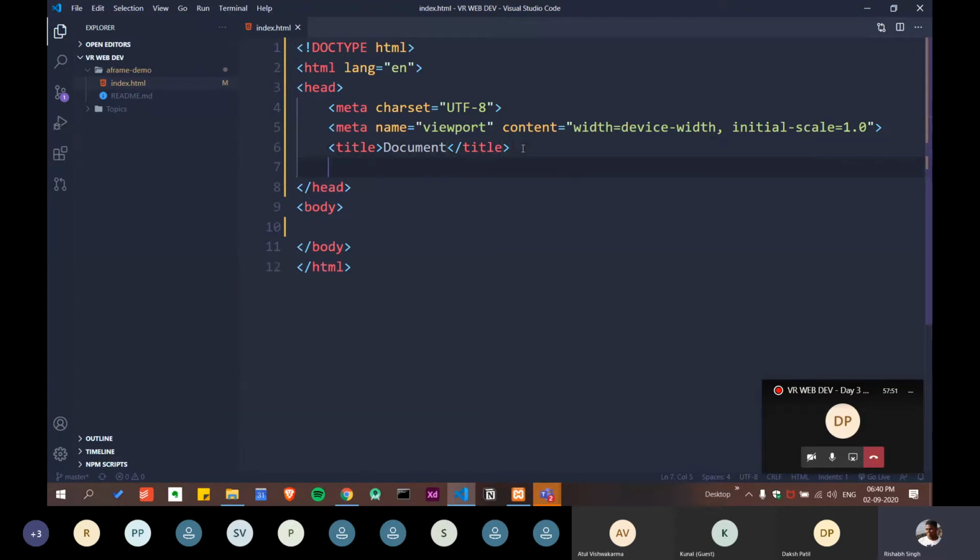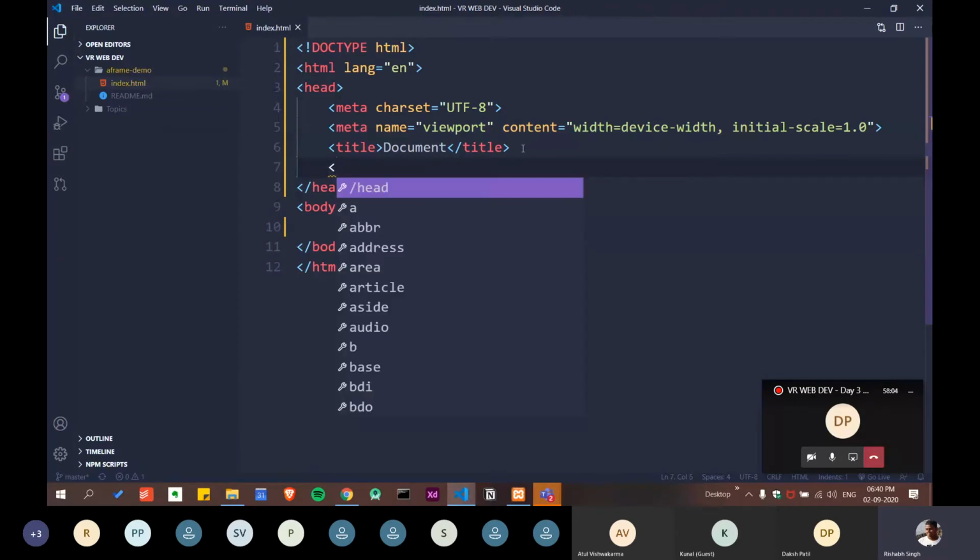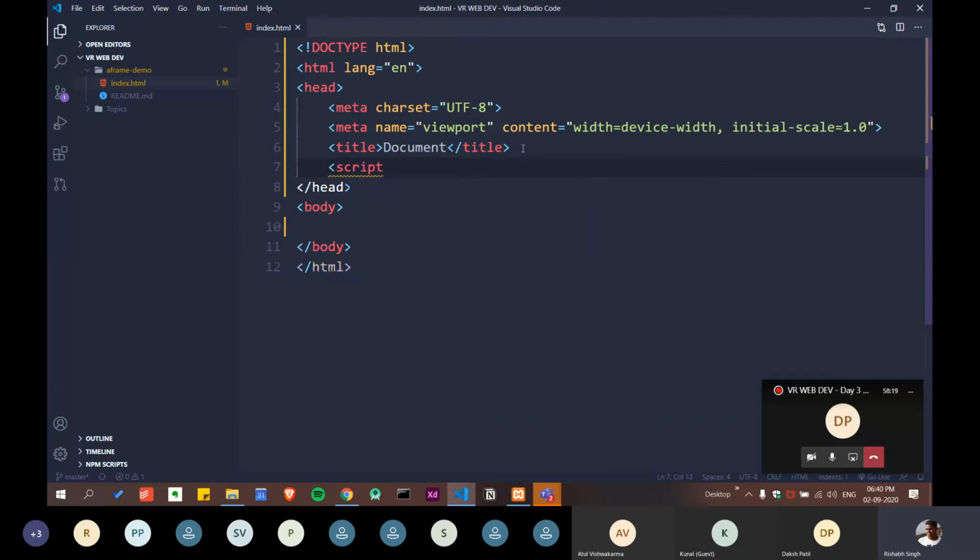And now we are going to add script tags. VS Code is very smart, so I'm not going to type all the code. As you can see, as I entered this starting bracket, it started to give me suggestions on what I want. So let me just type S C. Okay, and it knows I want to do script. Let me press enter and enter the closing bracket.